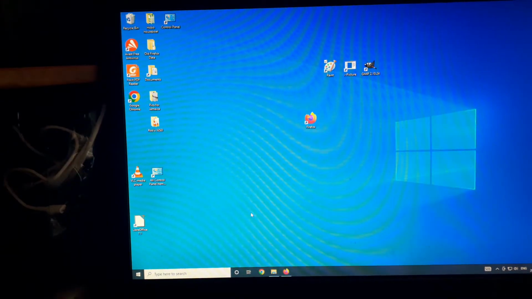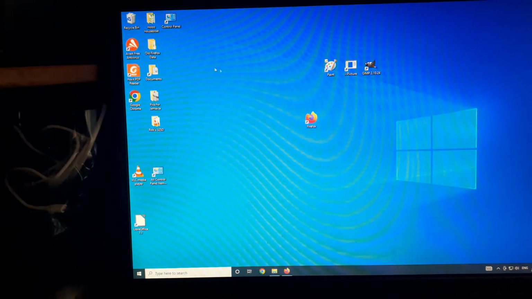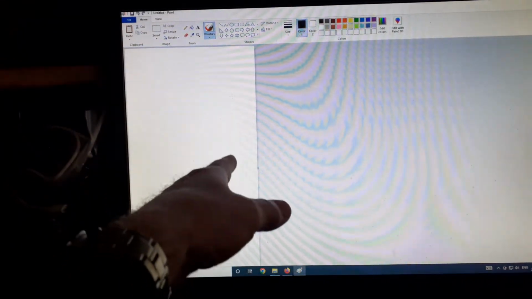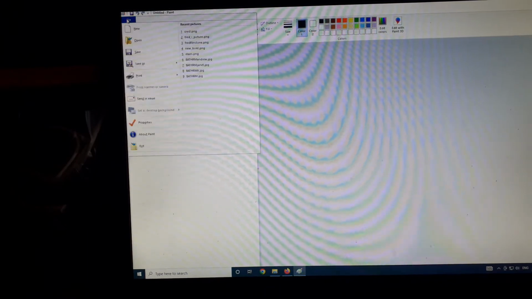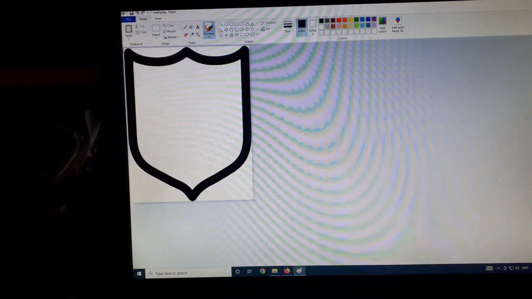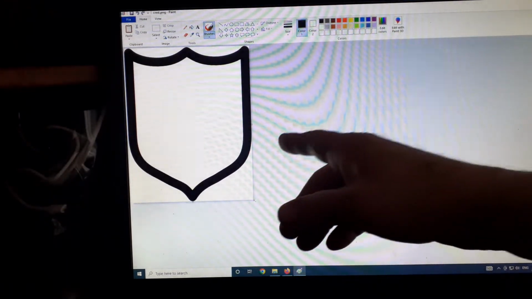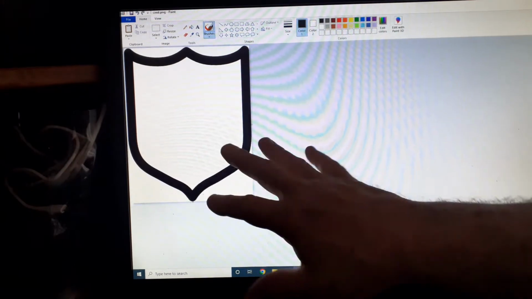Okay, it's time to make a file. So we're going to start with Paint right here. By default, we come up with a blank white sheet, but I have a file called Crest. There it is. Crest was defined on my previous project, and my intent here, I start out with an intent,